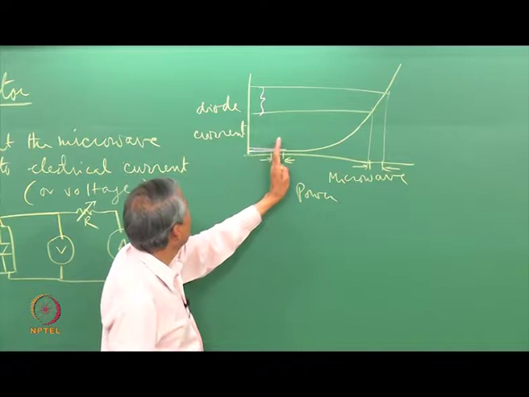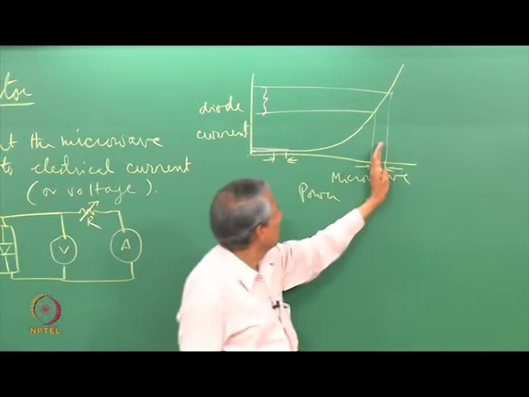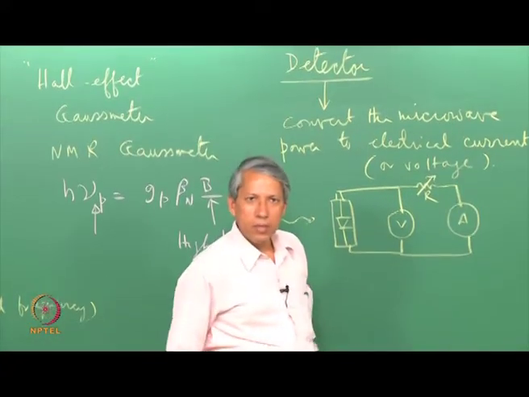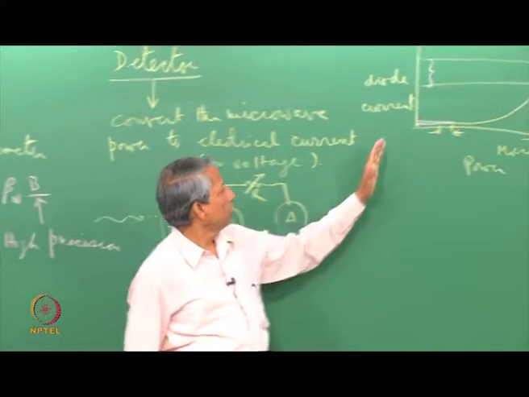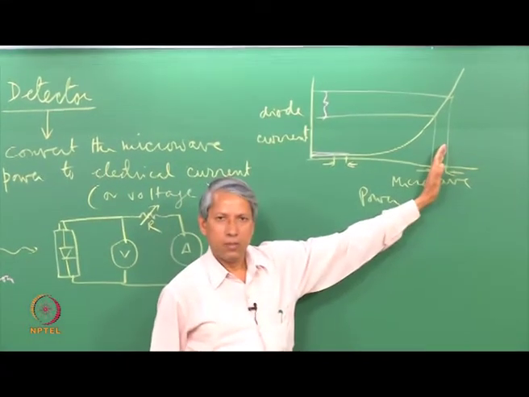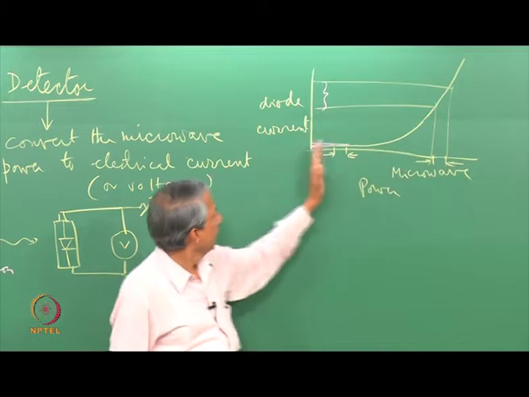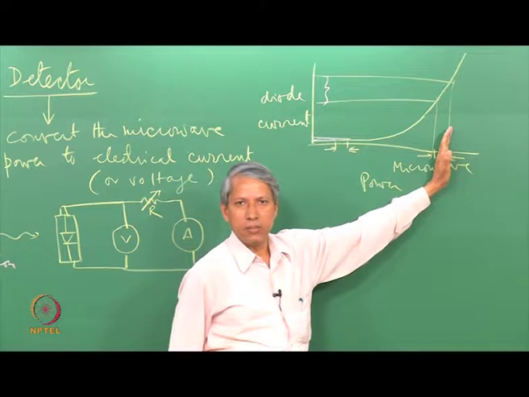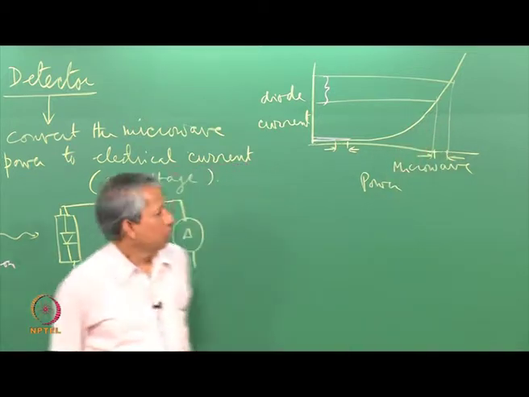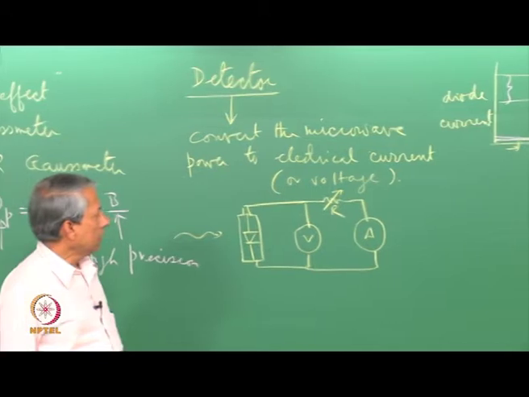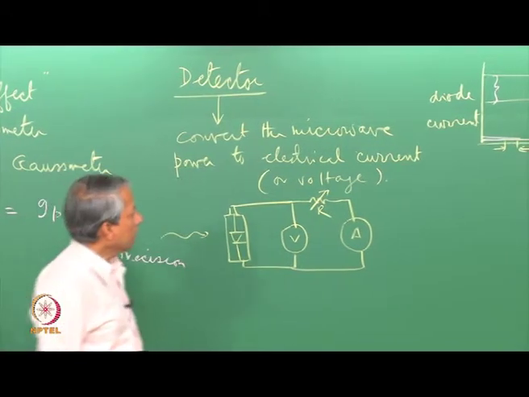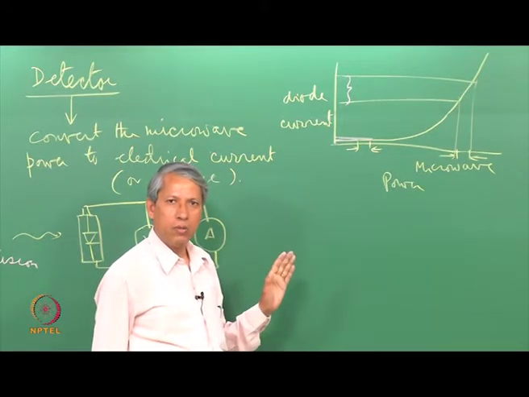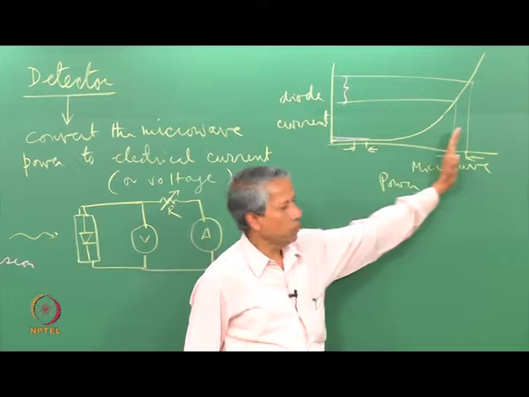If the diode is working here, it becomes insensitive. When it works here, it is much more sensitive. So it is very important therefore to decide where we want to work. Obviously we want to work here. Now to do that, I therefore have to adjust the operating position of the diode somewhere in this region there. Now this is easily done by giving a bias power to the diode, that is you allow a constant microwave power to fall on the diode all the time, and that we can decide where we are.